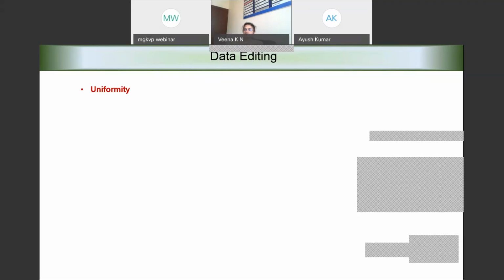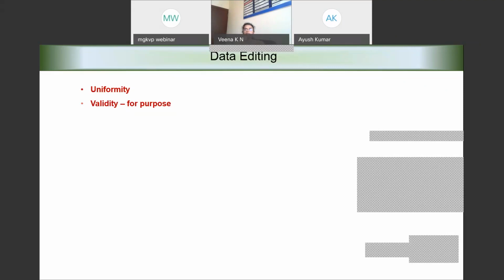So different respondents give you different types of answers. All the answers are correct, but the way it is given is different. So while doing the data editing, we'll get to notice that, and we'll try to bring all the answers into one particular standard format. So data editing deals with bringing in the uniformity of the data.